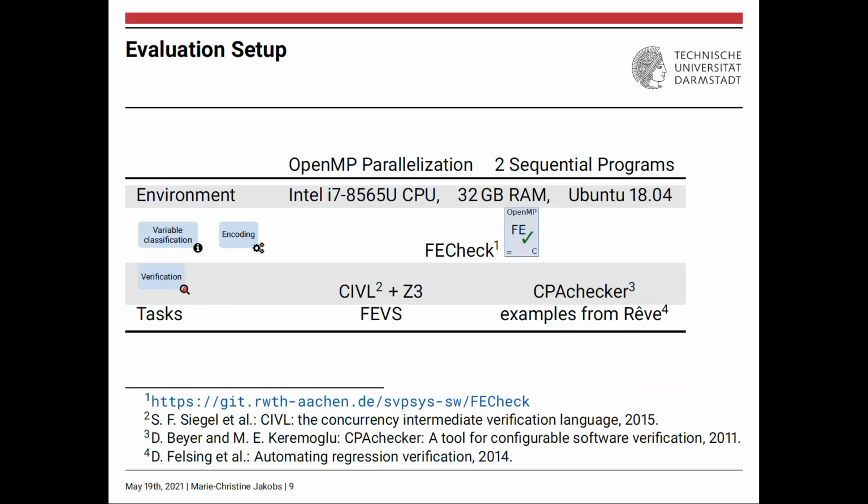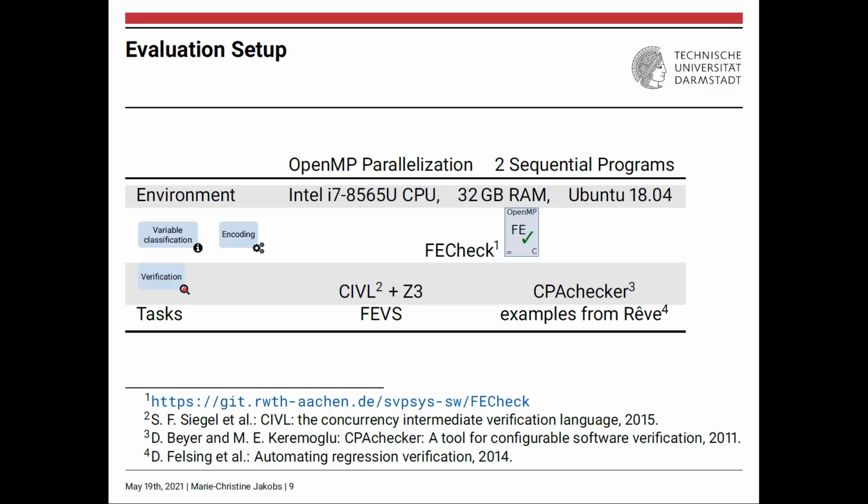At last, we present our evaluation results, and therefore we use the environment specified in the first row of this table. We evaluate our PEGCheck approach with two scenarios. The first scenario looks into OpenMP parallelization, which was the motivation for our development of PEGCheck. However, PEGCheck is not restricted to parallelization, and therefore we have a different scenario here that looks into refactorings of sequential programs into sequential programs again.